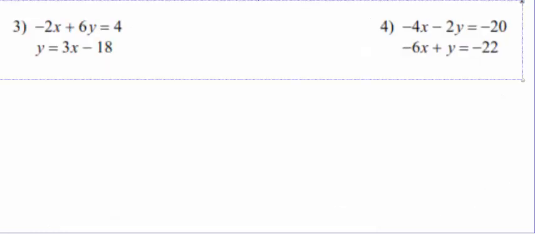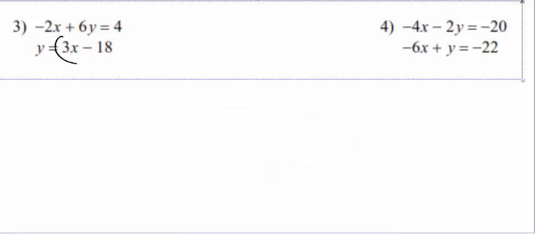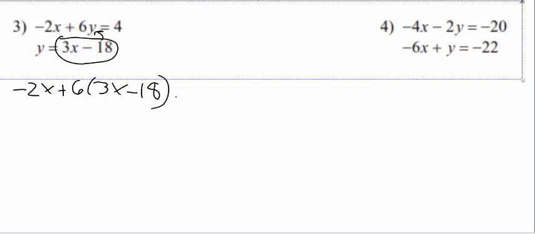So here's a couple other types of problems. So notice with number 3, it's not in that standard form. But what we can do with that is, since we know this equals y, we're going to substitute it in for y. So I've got negative 2x plus 6 times 3x minus 18. Again, I just replaced y with all that. Equals 4. So now we got to distribute this through. So we got negative 2x plus 18x, and then we got 6 times negative 18, minus 108